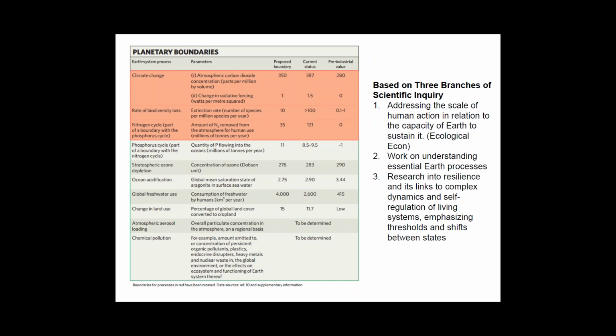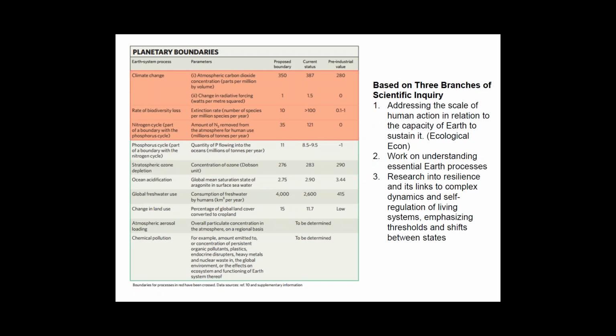Stratospheric ozone depletion is actually a good example of where we've done a pretty decent job at not exceeding our limits and putting into place good regulations that prevent this type of pollution from occurring, things like banning aerosol sprays. So we're in the safe operating status. We've still depleted more than we had in the pre-industrial era, but we're not yet at that boundary. So, ocean acidification. Again, we're in the safe operating space there, but we're below the pre-industrial value and somewhat close to the proposed boundary.